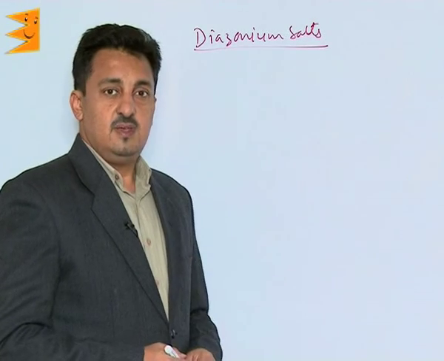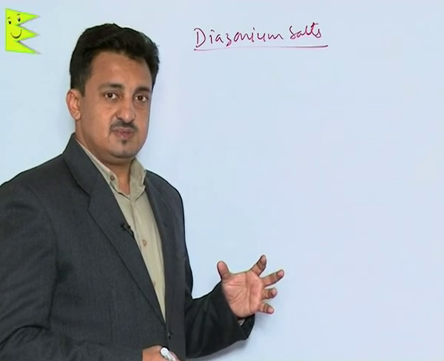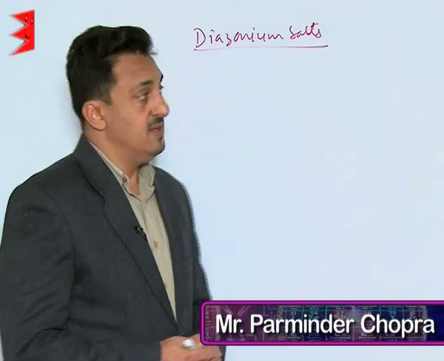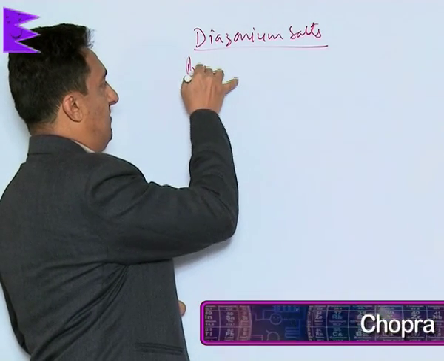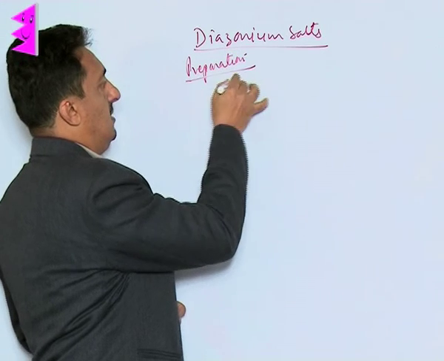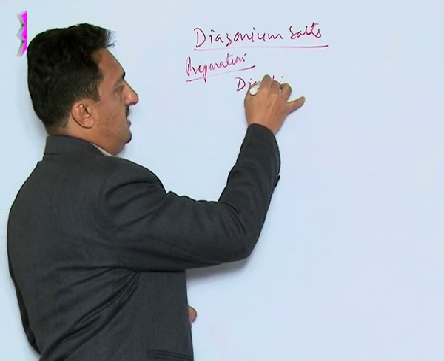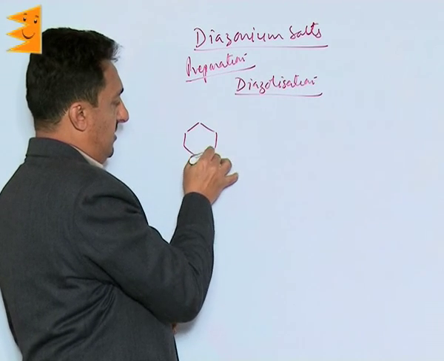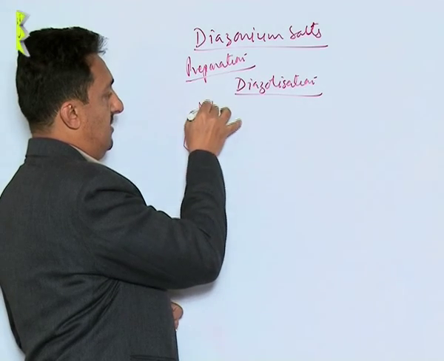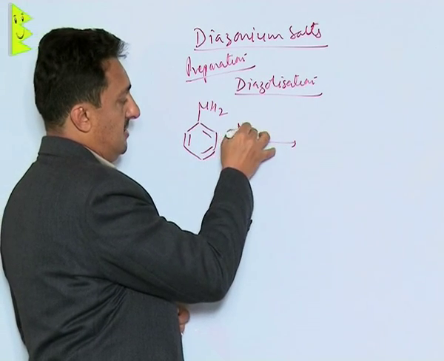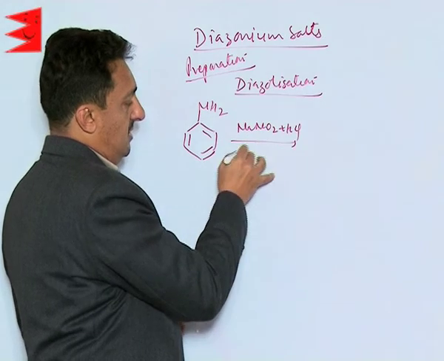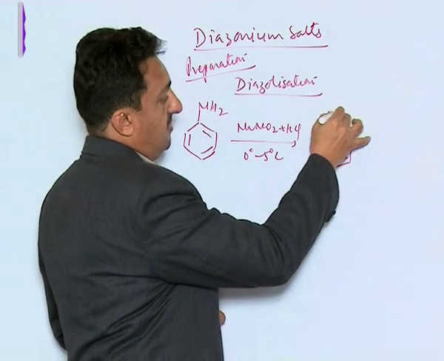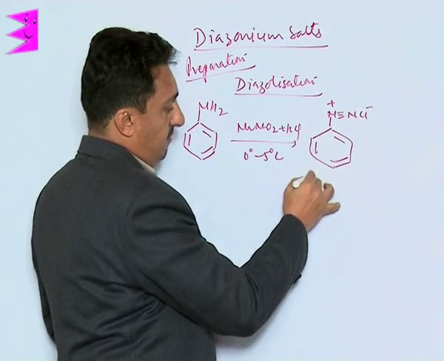Diazonium salts. These are a very important class of compounds which are basically used to have nucleophilic substitutions on the benzene ring. Let us see first their method of preparation. The reaction is called diazotization. We have seen earlier in case of aromatic amines, or in case of amines, when aniline is reacted with NaNO2 and HCl at 0 to 5 degrees Celsius, what we get is this compound, which is called benzene